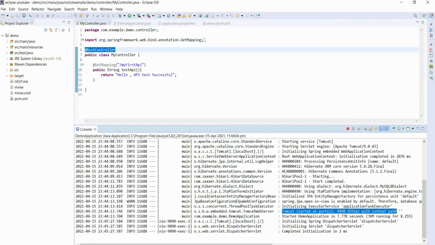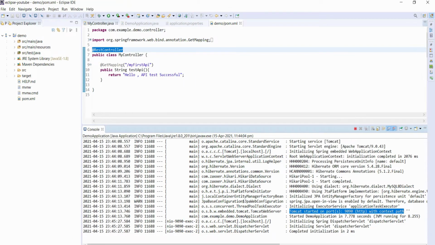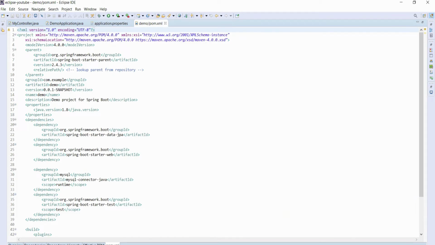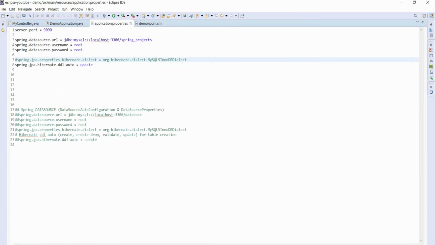So internally, who is taking care of these things? Apart from these, you can also see in our dependencies that we have various dependencies. So who is configuring all these dependencies and who is setting this port and all? Someone has to take care of all these things.